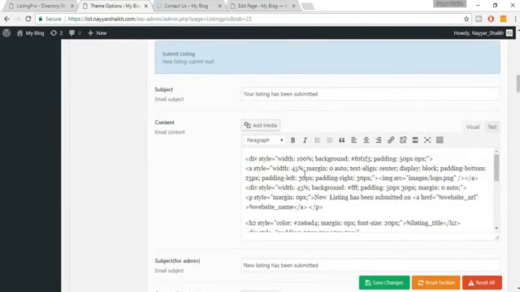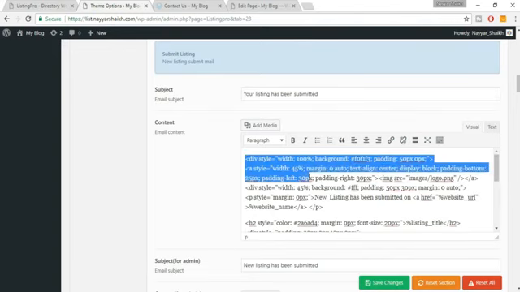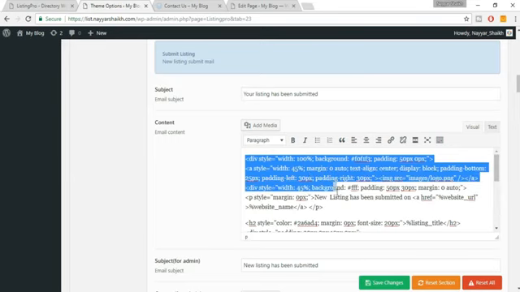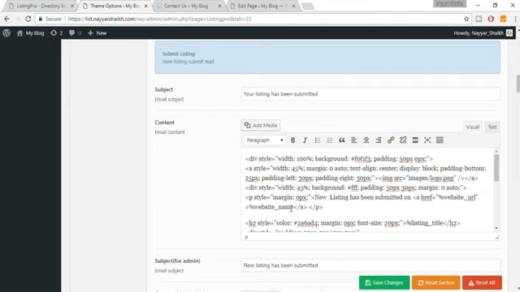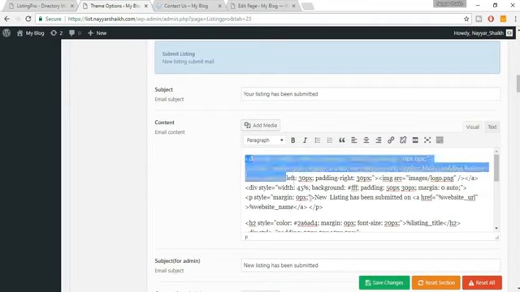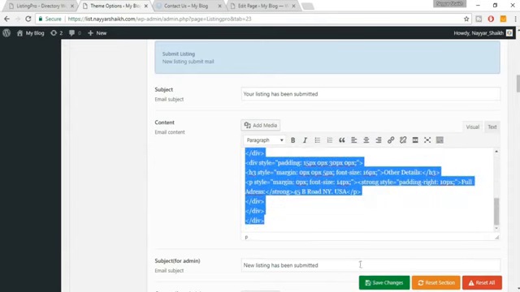Submit listing. Now from this thing, whenever you have this div style option, there is an issue. I hope the theme developer will solve this issue as soon as possible. Actually, if you don't make the changes which I'm going to show now, a user will receive this div style, whatever it is, a code, but we don't want him to see the code. So what we can do is just select everything, it's simple, don't worry,